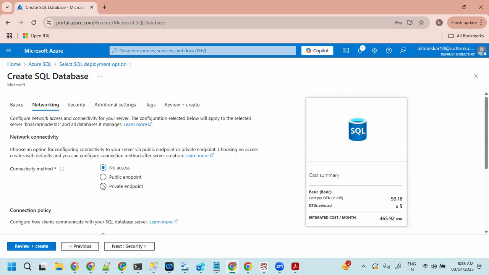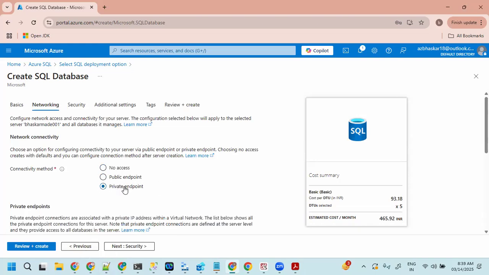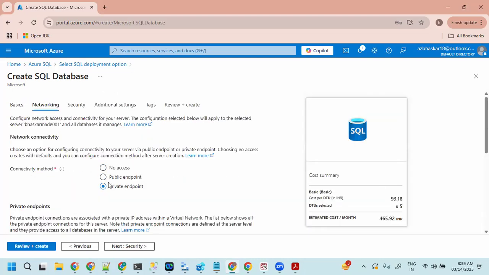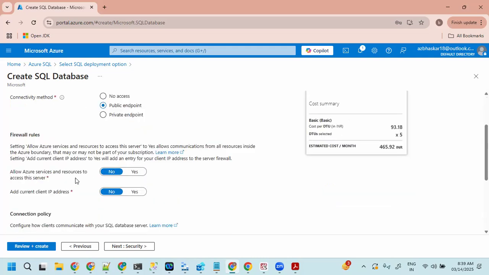And for practicing, in real time, the private endpoints will be used and someone will take care of it. Network administrators set it up, and database administrators are going to use those network private endpoints. And here I'm just going to use a public endpoint from our side. We need to allow Azure services when you're practicing with a data factory.